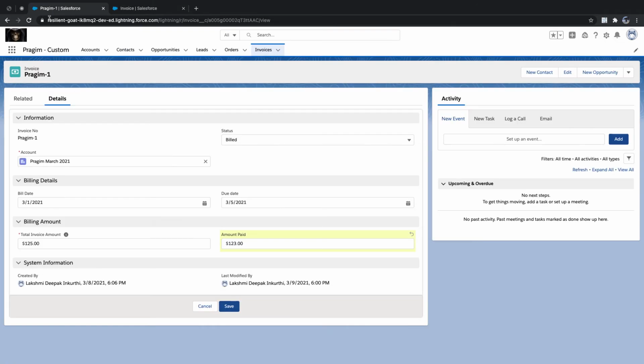So now why am I saying this? If total amount is 125 and I paid 123, if I subtract the amount paid from the total invoice amount, what result will I get? Minus or plus value, right? A plus value is something you already have in your account. If it is a minus value, then it shows that you are in debt with some amount of rupees, right? I'm talking about visibility. If you feel the system shows a plus value, you'll say, oh, it's okay. If it is negative, you'll say, oh, this invoice has a negative. You feel that. The perception over understanding is different.